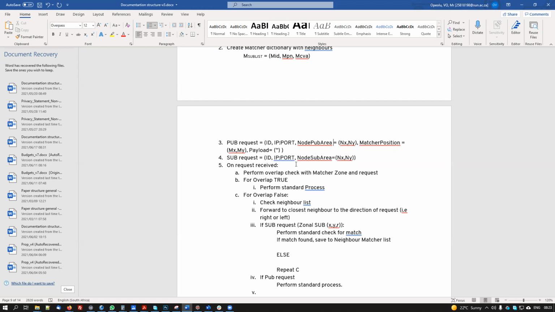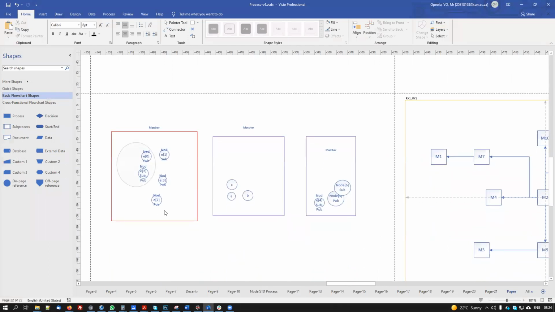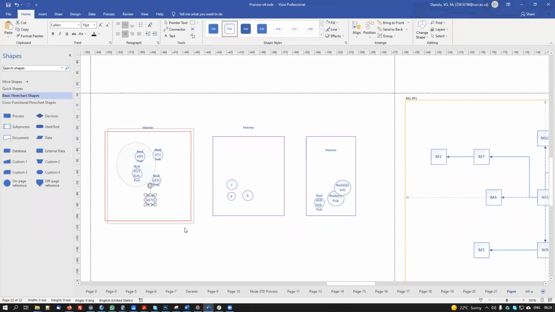I'm going to try to use an analogy with maybe X node. I am a subscriber, and I want to subscribe to an area. If you have a diagram, that's even better. Let me see if I can find a relevant diagram I can show. So say I am node 7, I'm going to use this node, and I want to subscribe to an area here, maybe an area in this matcher, with this purple matcher on the right.